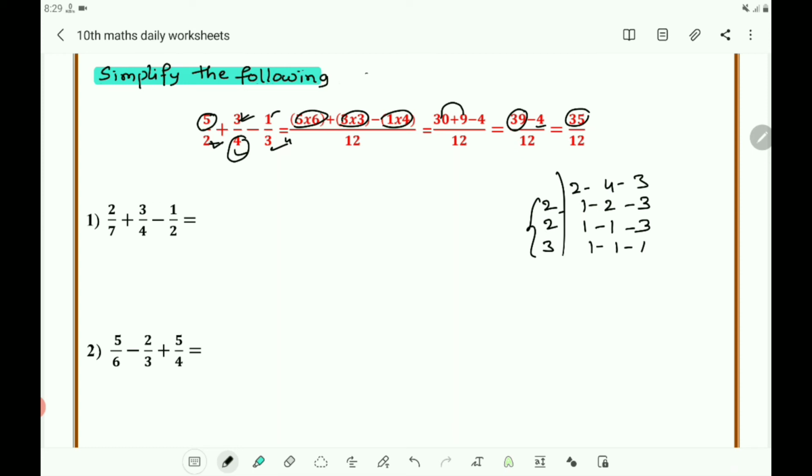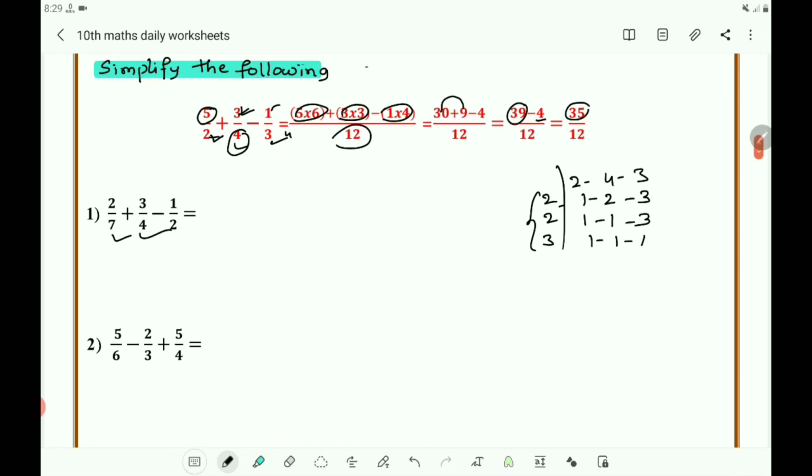Simplify the numerator. Here you got the LCM 12, and follow the same steps to simplify this. Here get the LCM of these 3. Here all these are co-prime to each other. Here you know that 4 is the multiple of 2. So follow these types of steps, get the LCM and simplify the numerator.